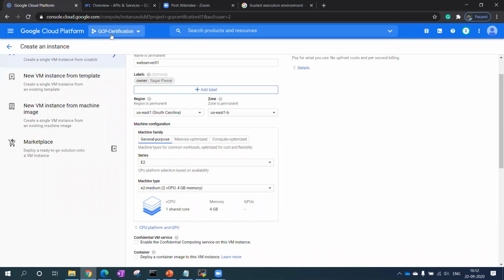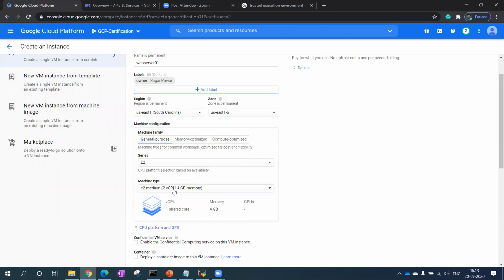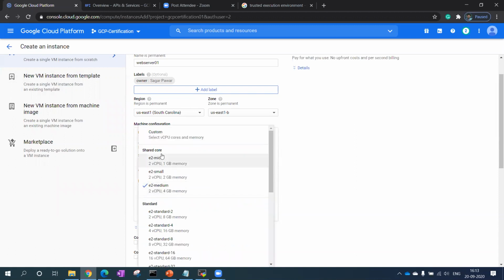I don't think anybody uses that many VMs, but still I'm telling you, because that is a hard limit they have set. Now for example, I will just take an E2. Again, there are N2 and N1 generations, but for today's demo I'm just taking the E2 version. Then in E2 I have to choose between micro, small and medium.